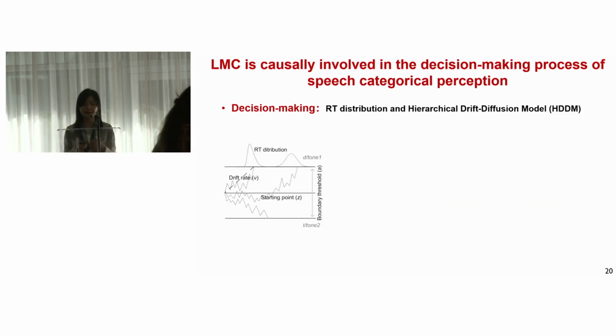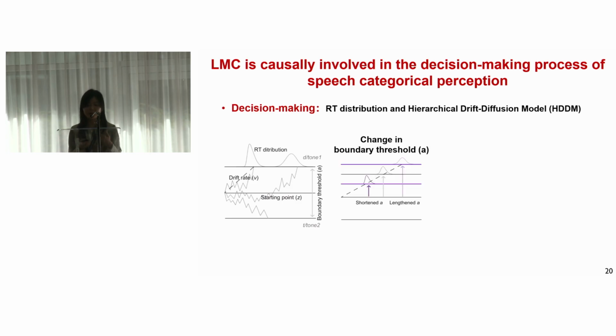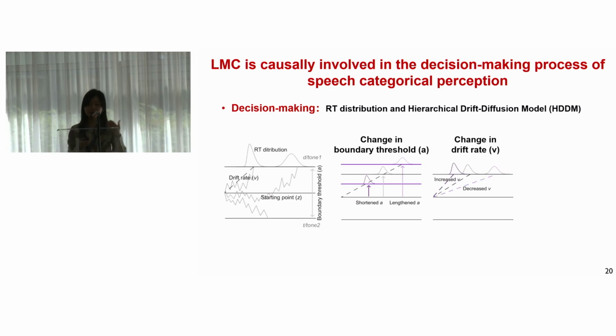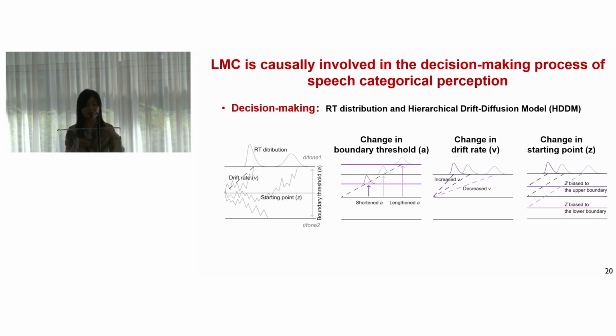involvement. And next, we're looking at whether it also impairs the decision-making processes by looking at the RT distribution and also using hierarchical drift diffusion modeling. There are 3 parameters in this model: the boundary, the drift rate, and the starting point, which means whether there is some response bias at the beginning of the task. We believe they may influence the boundary threshold by increasing or shrinking it, or the drift rate by speeding up or slowing down, or the starting point by giving response